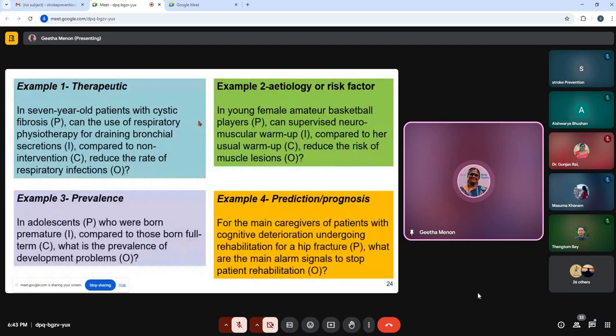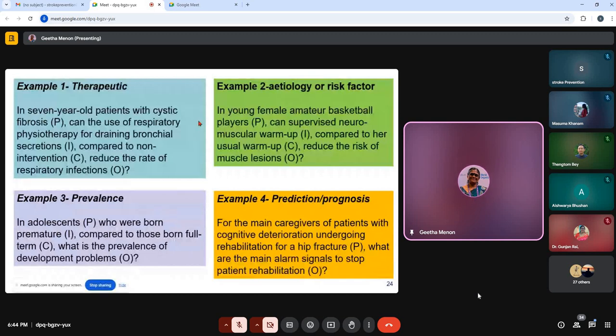Here are some examples of various types of questions that can be asked. For example, if it is a therapeutic question: in a 7-year-old patient with cystic fibrosis, can the use of respiratory physiotherapy for draining bronchial secretions compared to non-intervention reduce the rate of respiratory infections? So this is a very clearly framed research question where the PICO component is clearly visible. As you see here, the 7-year-old patients with cystic fibrosis, that is the P component, and draining of bronchial secretions is the I component, and the C component is the non-intervention,